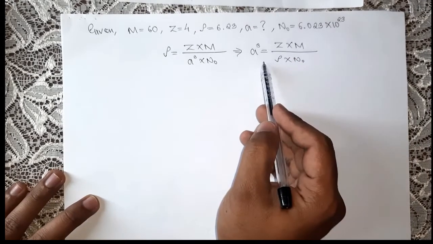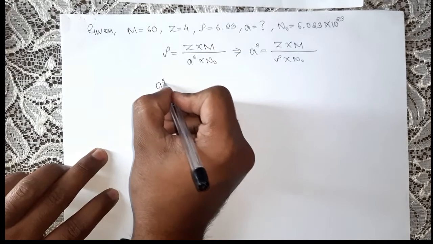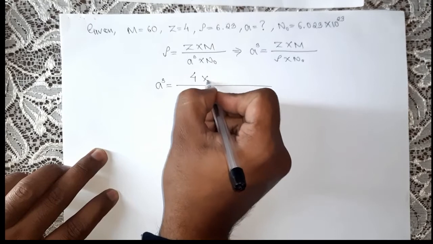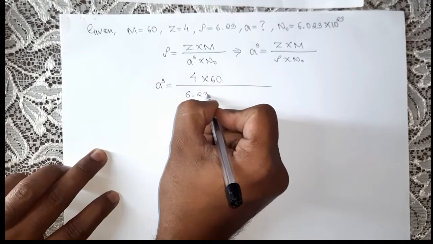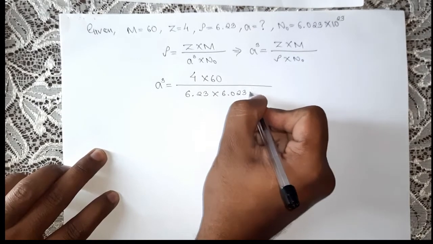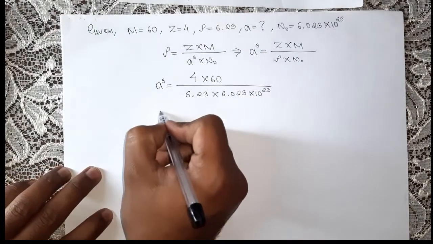So this will be the formula which we will be using. So I'll just write down the values: 4 into 60, over 6.23 into 6.023 into 10 to the power 23. So now again